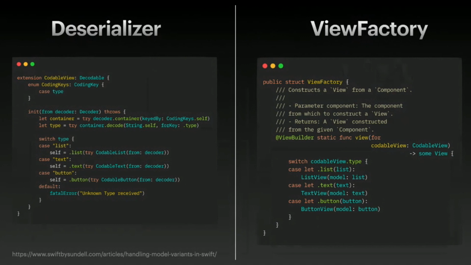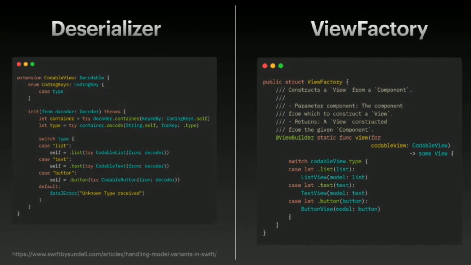I've put a link down here to Swift by Sundell for handling model variants, because that's essentially what we use to abstract these things. It's a very nice tutorial about how you can put these things into associated values for your backend structures on an enum, so that you have different enums and could decide on those. And the deserializer would be rather simple then, because you would just implement a Decodable and switch on the type string that you have on your JSON API, on which kind of model you're building up, and you would get a list or a text or a button in this case, which I've implemented.